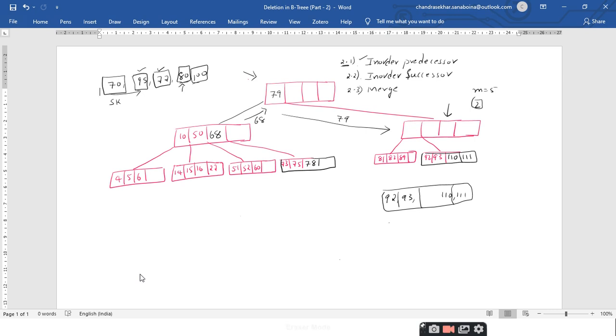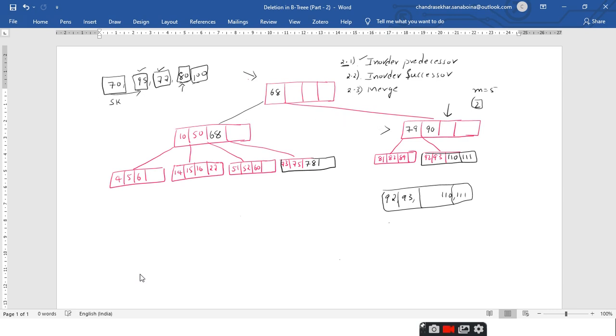So what happens here? Tell me what happens here. 79 and 90, sir. It is 79 and it becomes 90, right? And what happens here? 68, sir. It is 68, right? Now it is not completed, right?